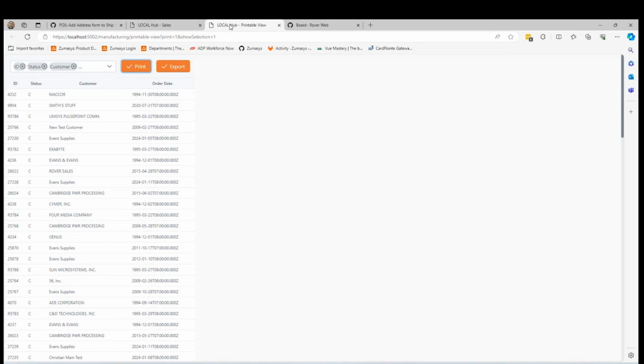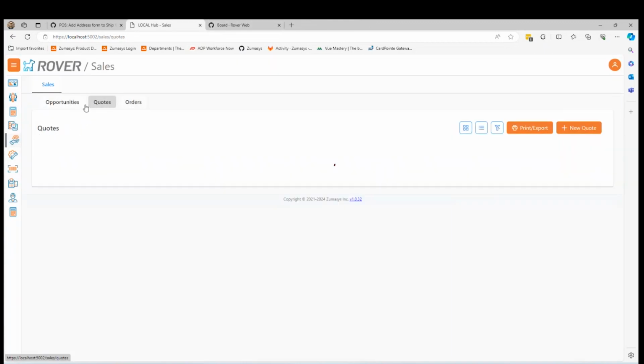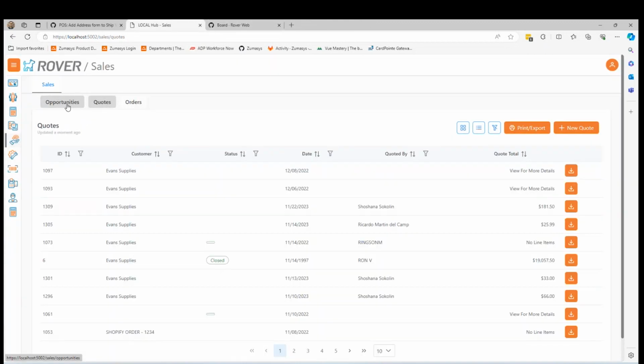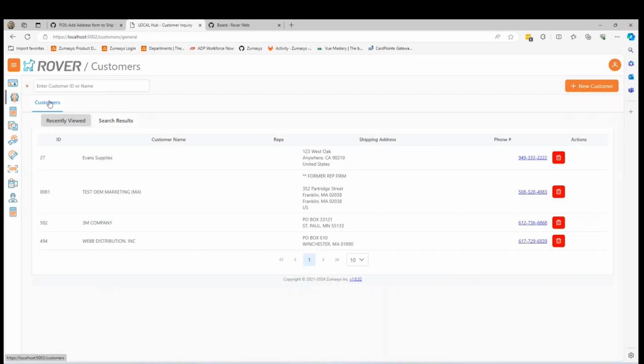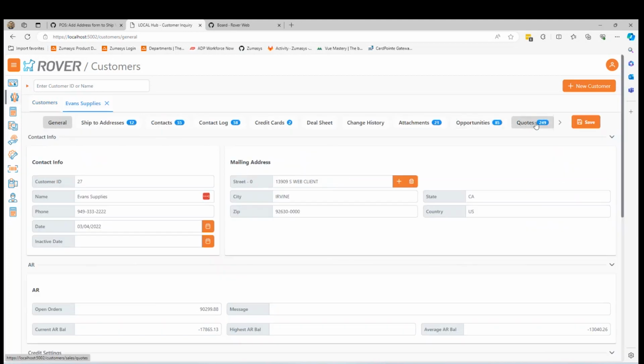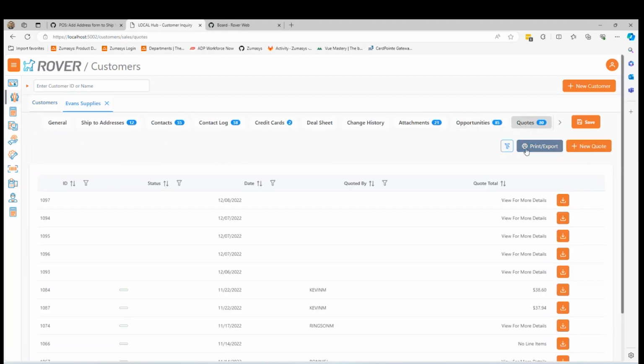And we have that in all the sales tables so far, both in the sales side and also in the customers side of the web client as well. So it's working in both the same way. And yeah, it's pretty simple, but I think it'll be a pretty neat little feature coming up for everyone to